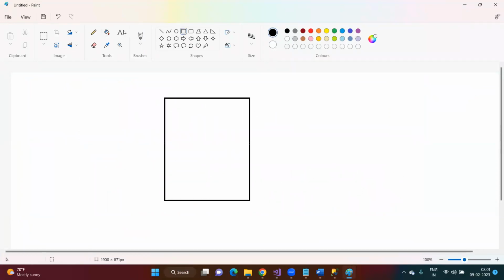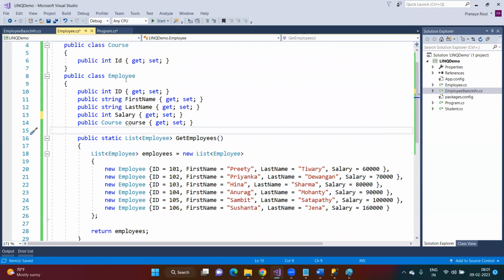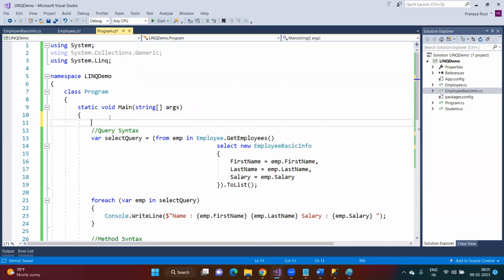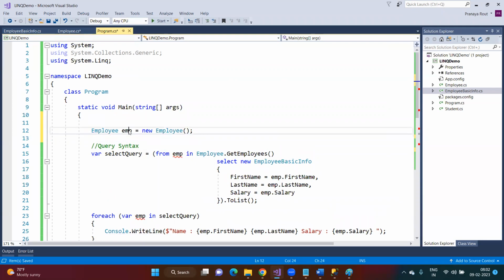Inside this object, the memory allocation will be done for all the properties as well as the navigation property. So you are creating an instance of an employee, emp equals new emp. So in that case,